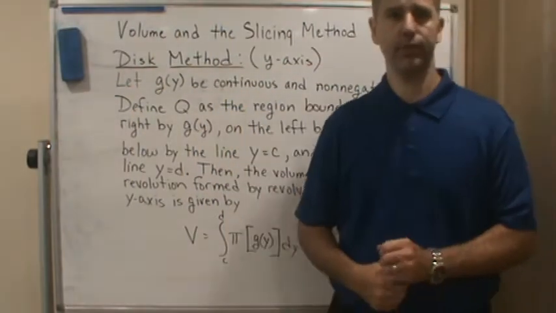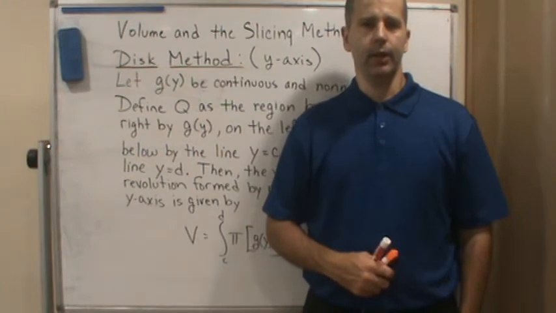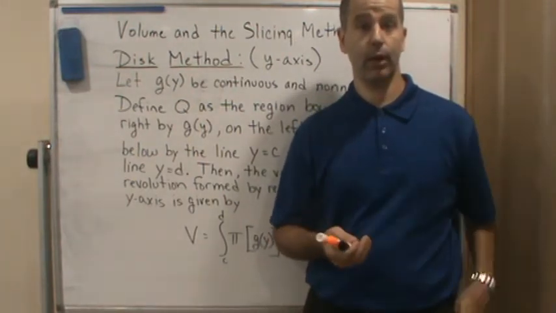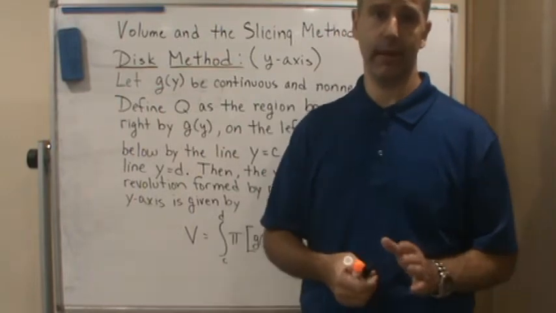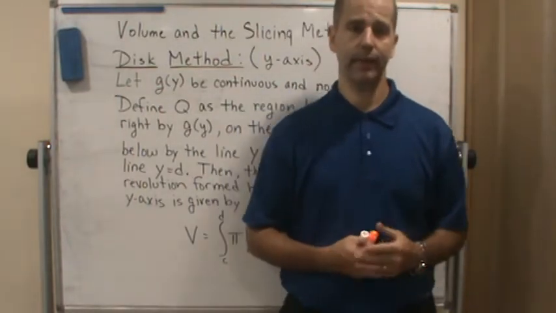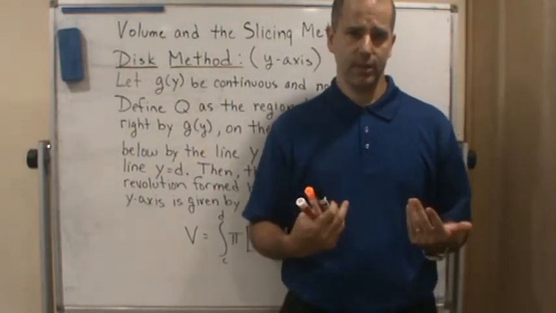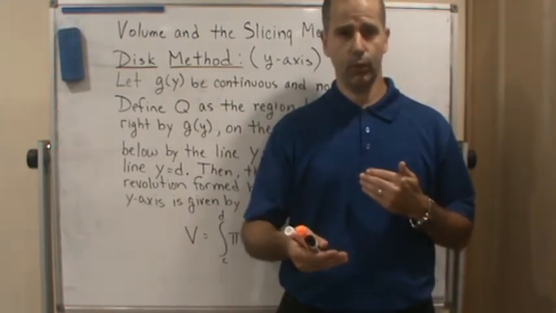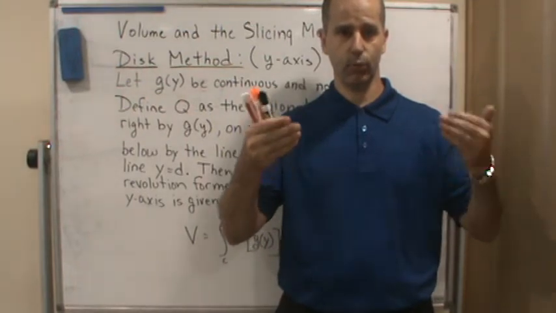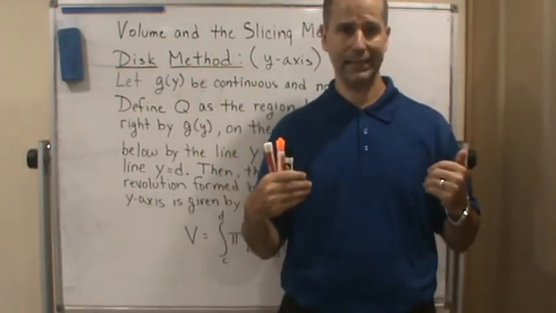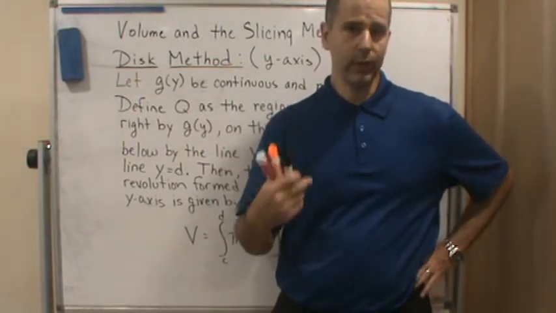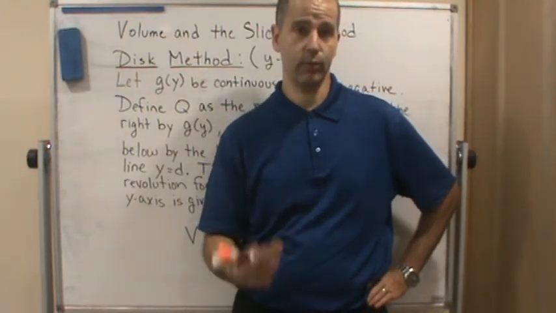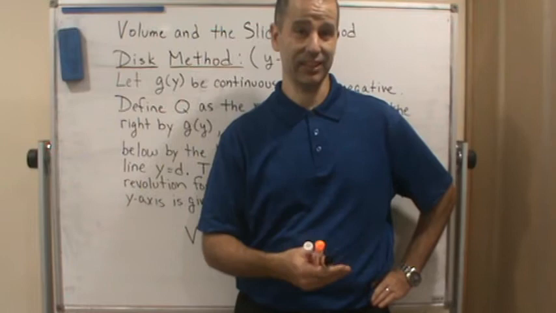Okay, so in this video I'm going to discuss the disk method regarding rotating around the y-axis. But before I do that, I want to explain that we've been using the disk method so far about finding solids of revolution by taking a region and revolving it around the x-axis. But really, we can use this method, the disk method, to find the solid of revolution around any axis, vertical